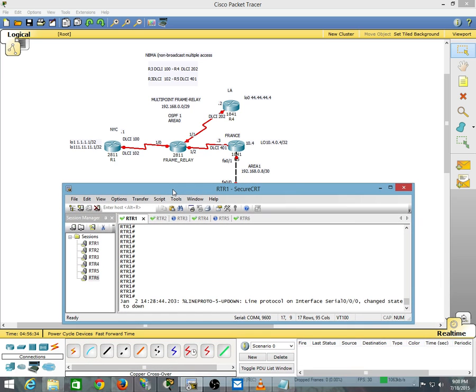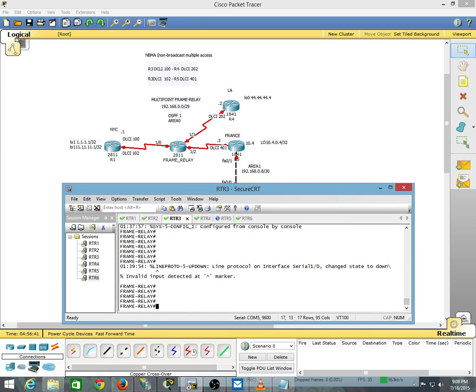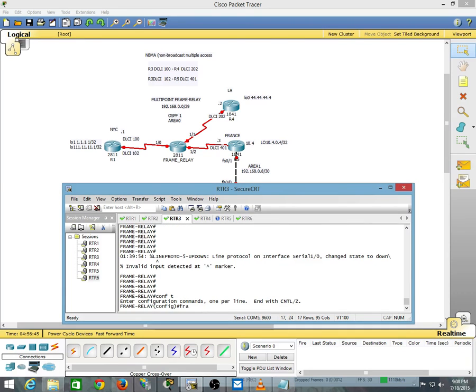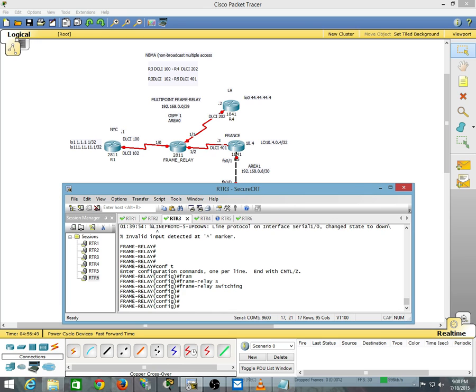So we're going to start off by configuring the frame-relay switch, which is going to be router 3. We start off by going to global configuration and doing the command frame-relay switching. That will activate frame-relay. And then we go into the interface 0/1, which is New York,